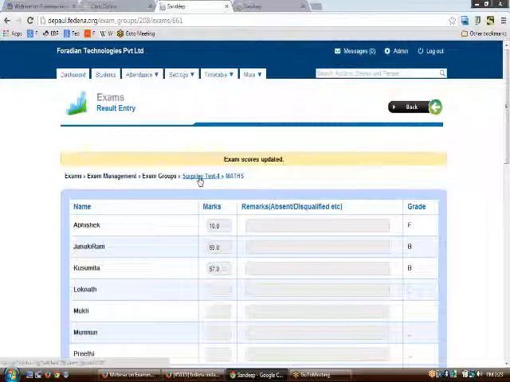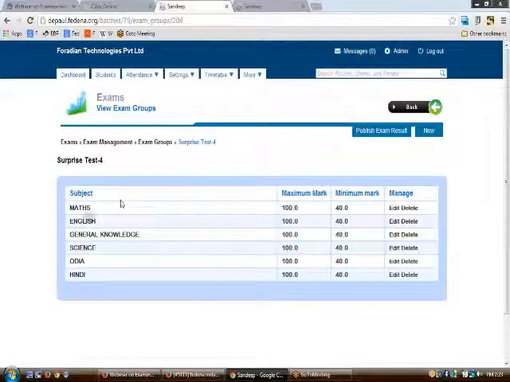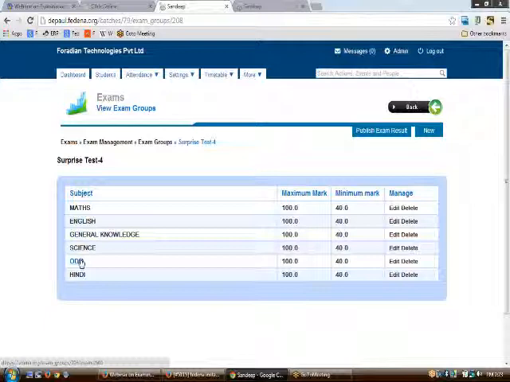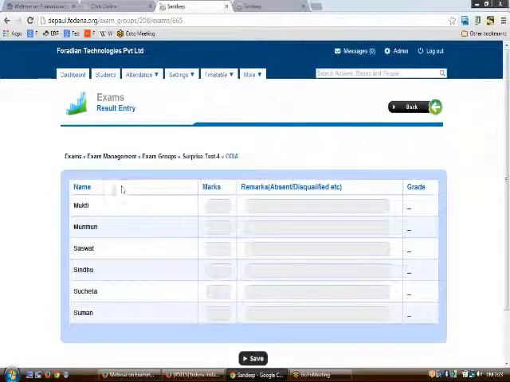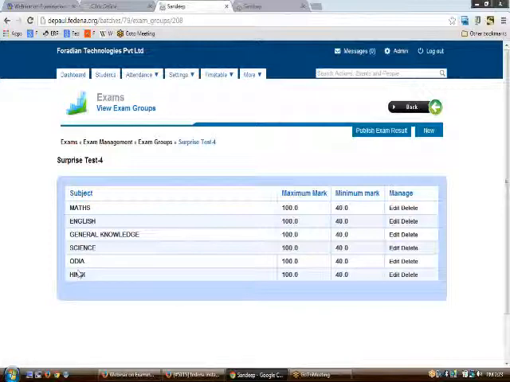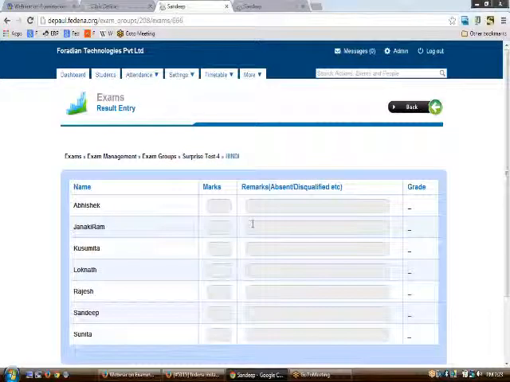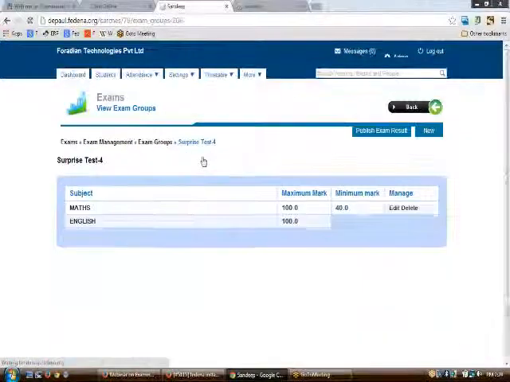So this way you will be asked to enter marks for each of the subjects for all the students. So please do remember that. Moreover, if you have some elective subjects, like the way I have in Odia or Hindi, I need to assign the subjects to the students in the settings part of subject. Having done that, only the students who have opted for the first subject will be coming up in the list, and the persons who have opted for Hindi would be coming up in a different list. So it's all easy to enter the marks for each of the students.